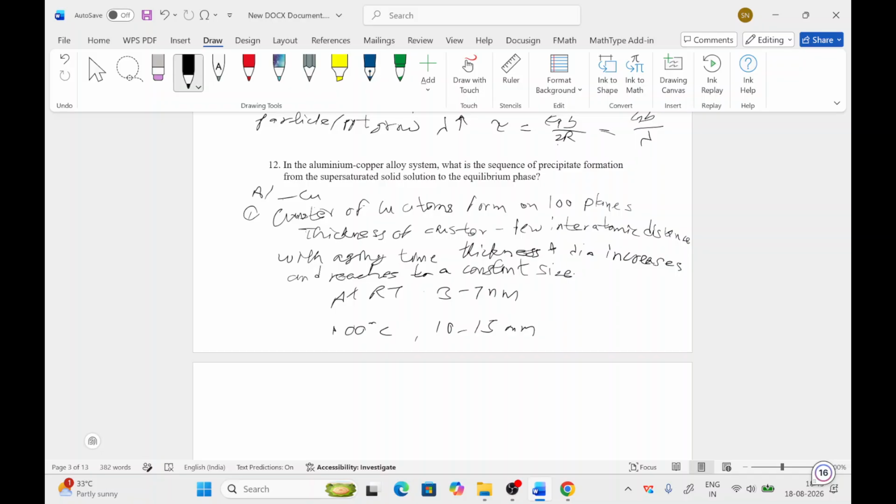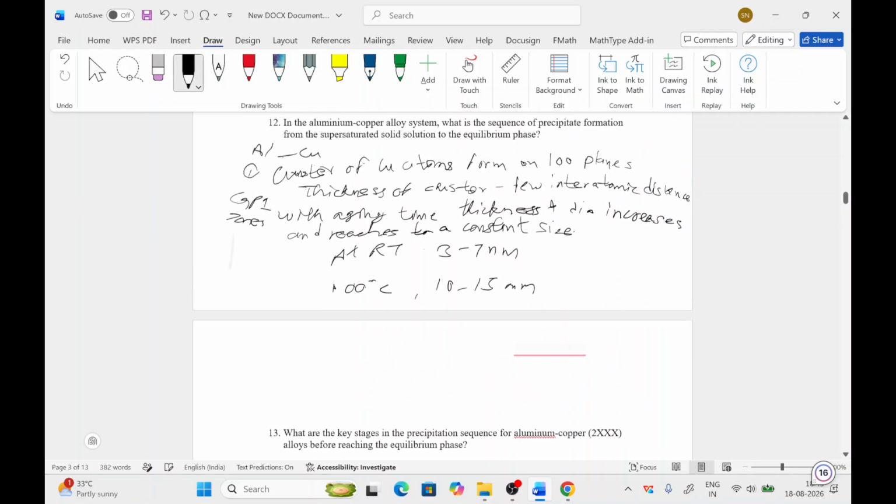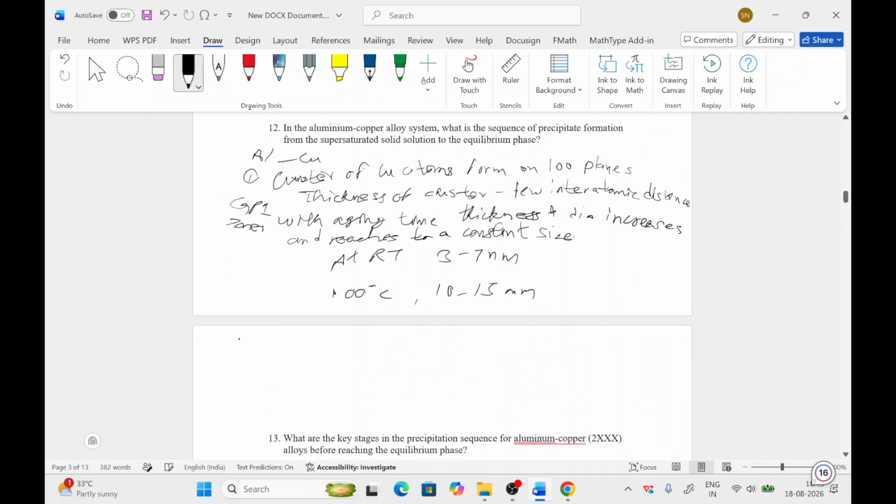In the next step, the first cluster of atoms is called the GP zone, GP1 zone. In the second step, where it grows further, GP2 zones are formed